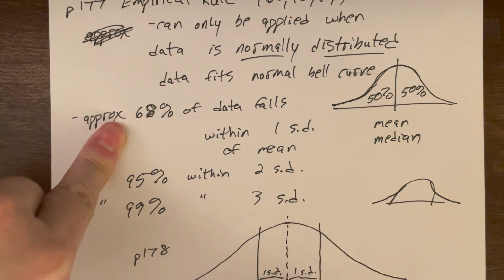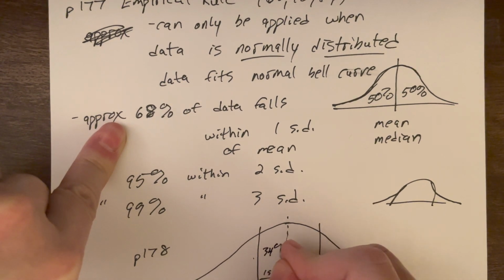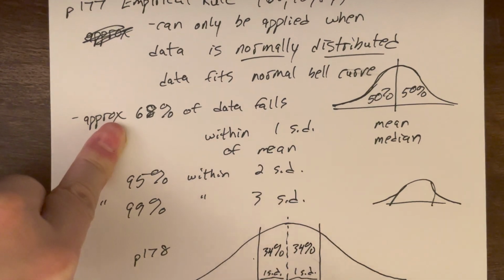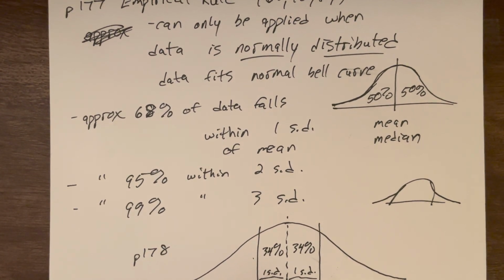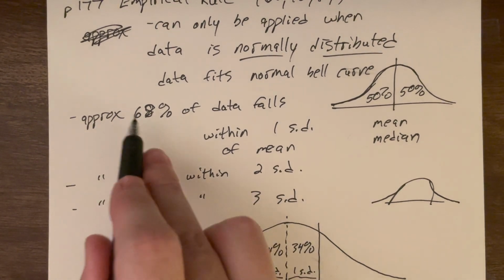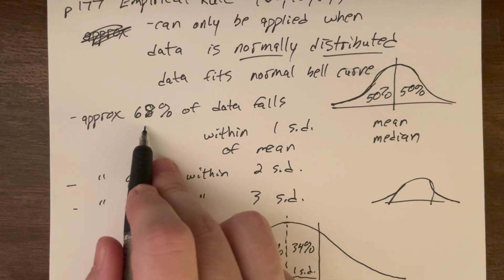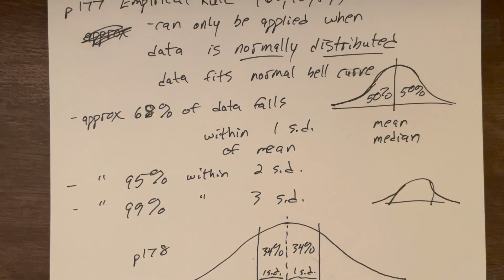If this is a total of 68%, well, this chunk that's below the mean is equal to this chunk that's above. So if it's 68% in total, that means I could divide that in half and have 34% in either one of these half sections. If I only go from the mean to below the mean by 1 standard deviation, or if I only go up by 1 standard deviation, I get half of the 68%, which would be 34%. And the book just keeps expanding this.